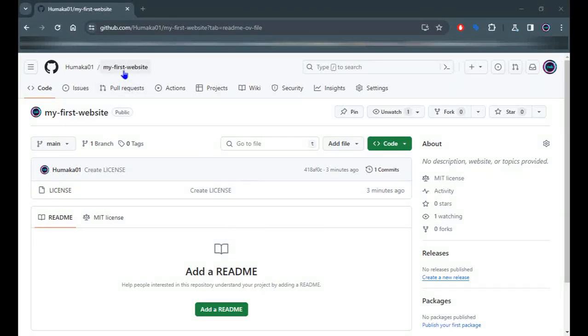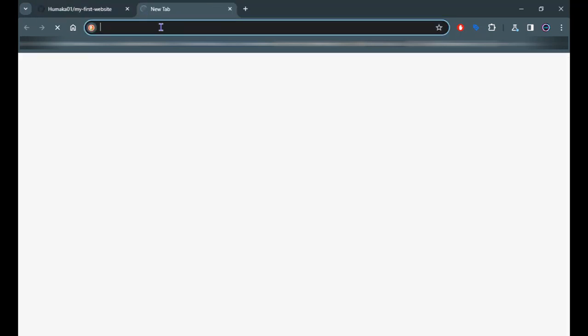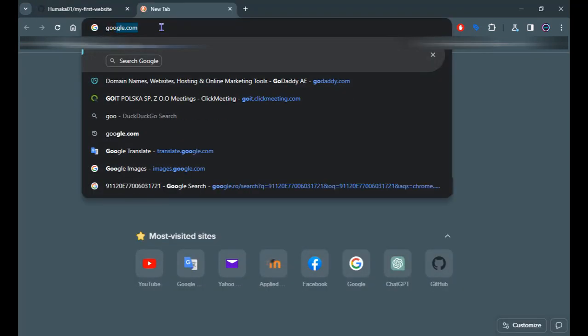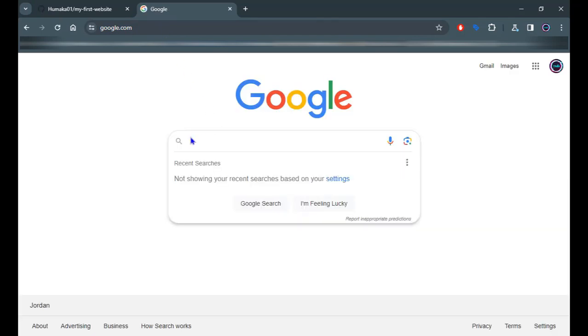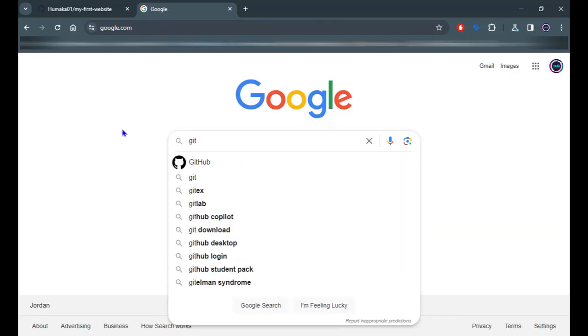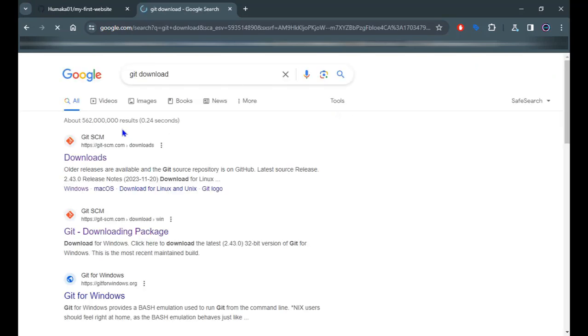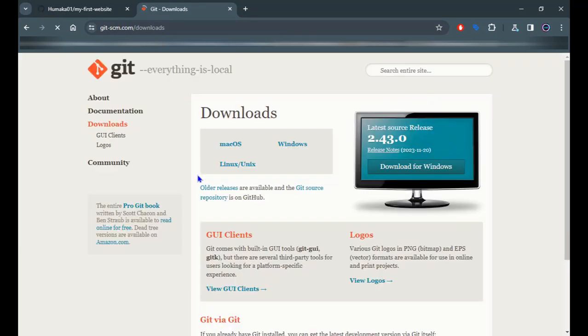Alright, so right now we do have our repository set up. To be able to work on it locally, we have to install a couple of tools. The first one is Git, not GitHub, just Git. You can go to Google and type in Git download. It's going to take you to, you can click on the first result, Git SCM on the downloads, and you